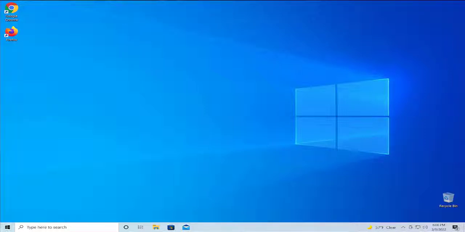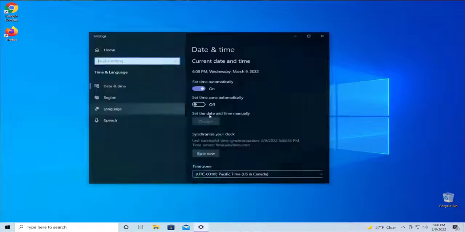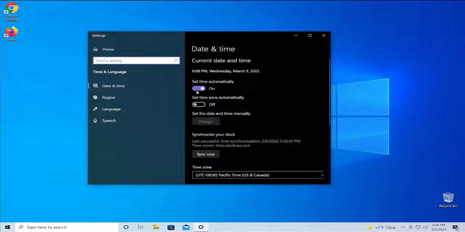In today's video I'm gonna show how to change or set the time or date in Windows 10 and Windows 11. The first step is go to the start menu and type time, hit enter or click on this option. Disable this feature or turn off this switch, set time automatically, turn off, and select set the date and time manually. Select the change button